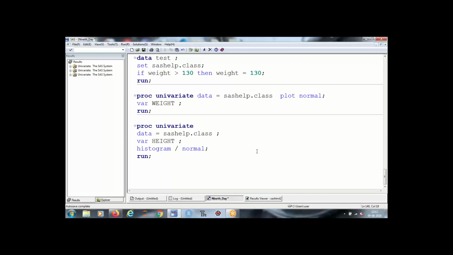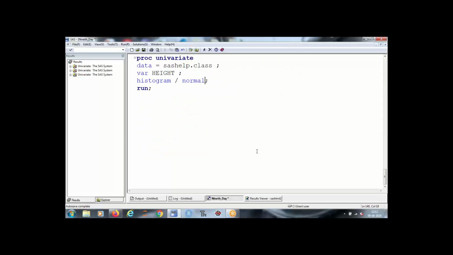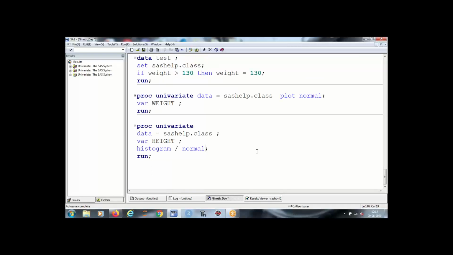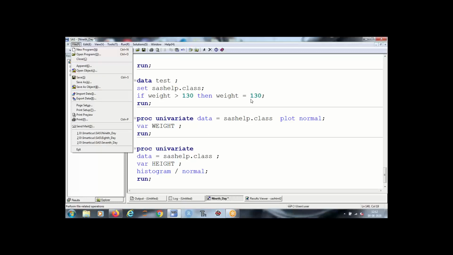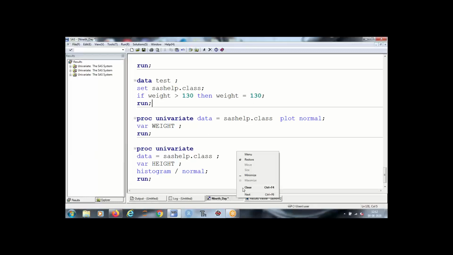All right. So this is about proc univariate, right? Let's understand a couple of new procedures.